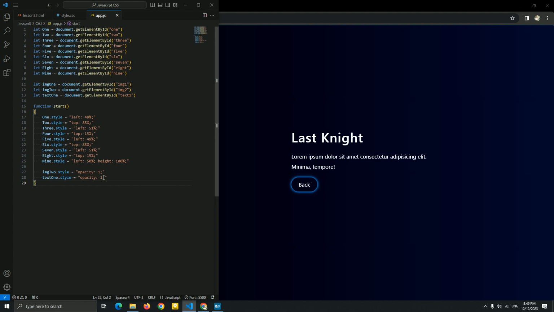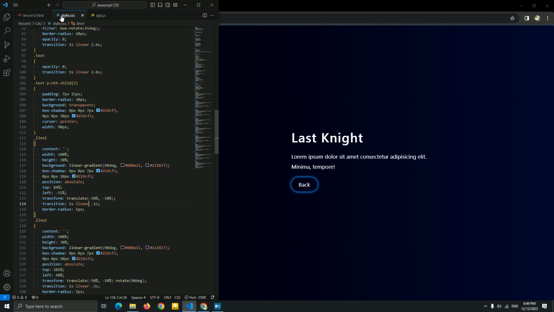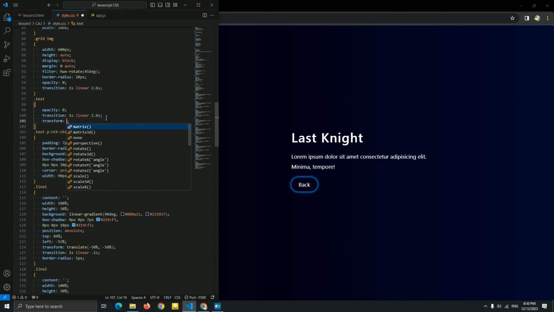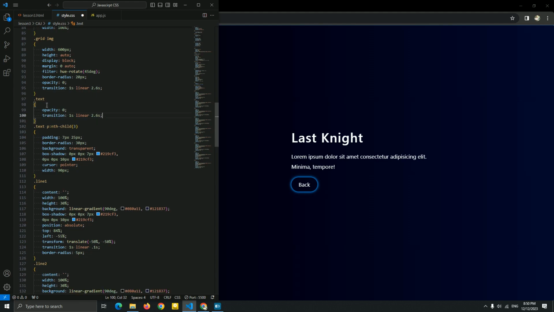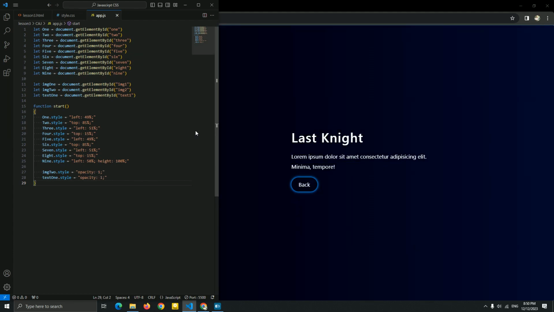Let me add a translate for this text to add a nice animation. So I'm gonna add a transform to move it a little left and right, translateX minus 70px. Let me just copy and paste it instead of typing. Now I'm gonna add a transform for image 1, which has transform translateX 0. I'm gonna add a transform translateX 20 pixel instead of minus 20 pixel, and you're gonna see it.